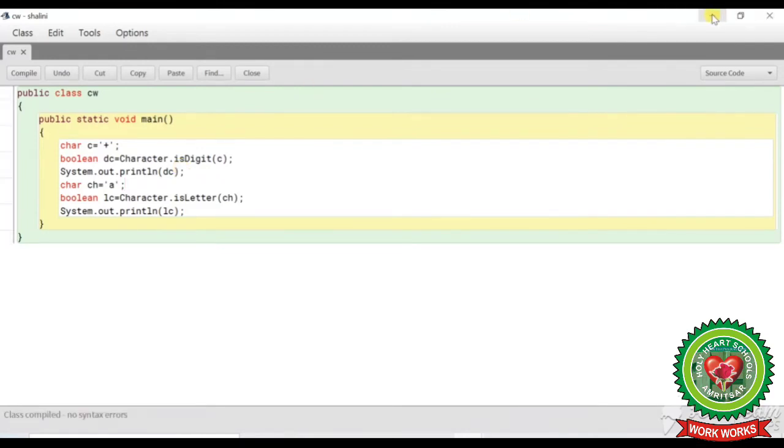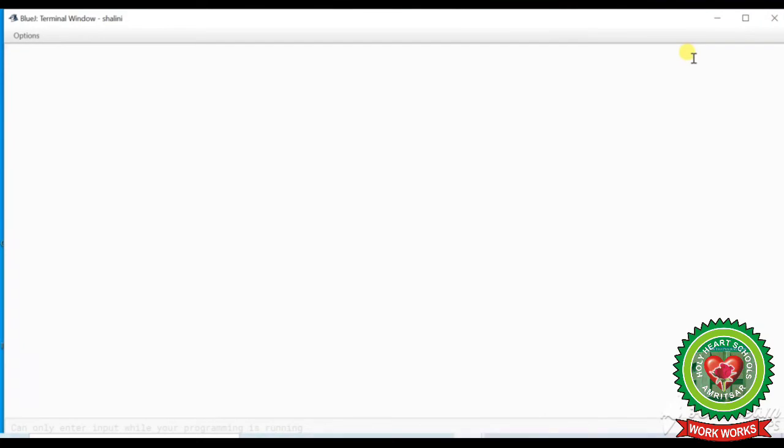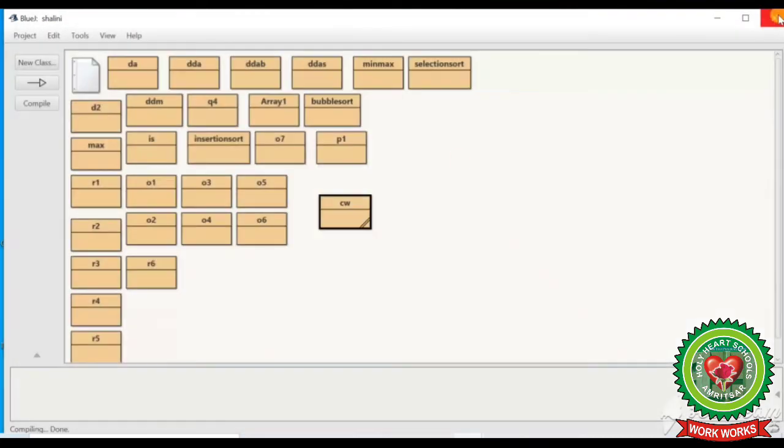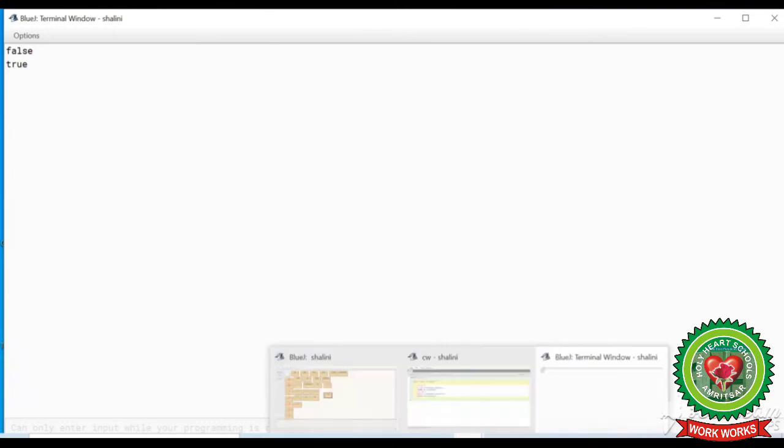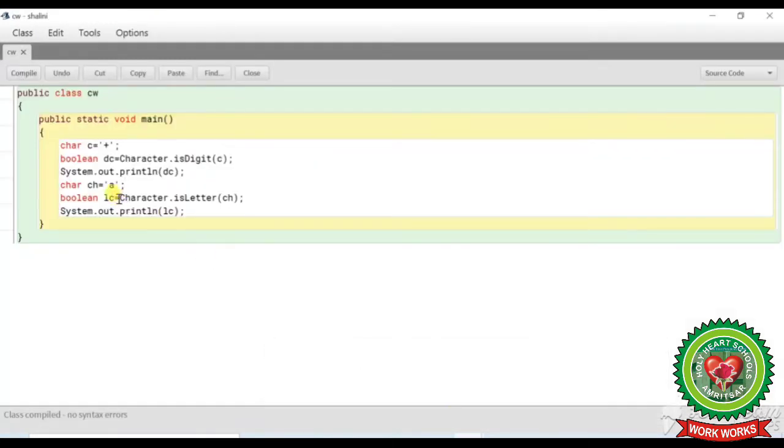Control key, minimize it. This was a previous terminal window. Right click void main. So the answer is true as a is a character. Okay, so in this way the Character.isLetter Boolean function works.